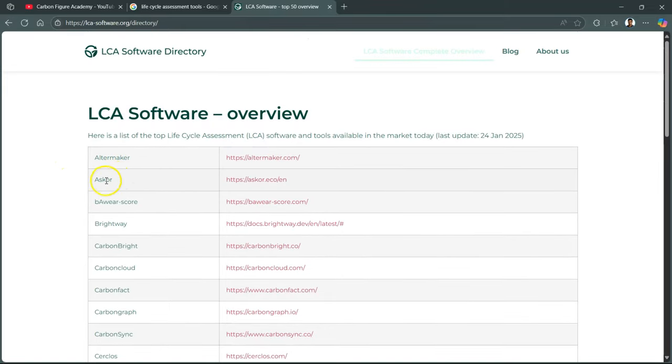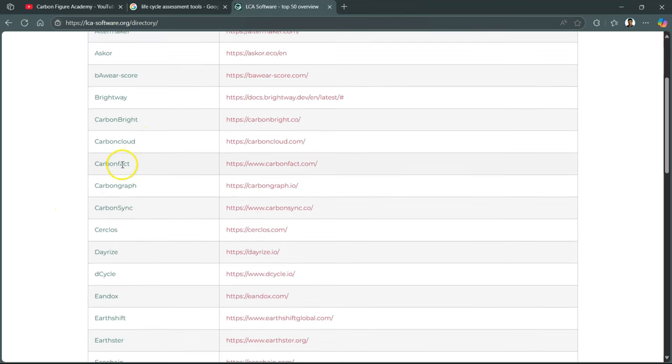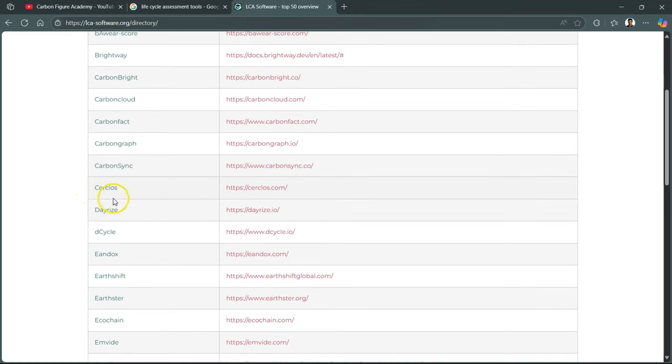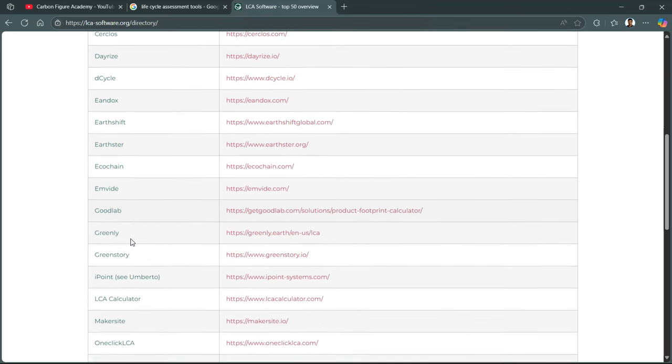AlterMaker, Ascore, Bevier, Score, Brightway. Brightway, I think, enables you to work on LCAs through coding. Then Carbon Bright, Carbon Cloud, Carbon Fact, Carbon Graph. One of the interesting, visually enriching tools is Carbon Graph, I would say. It is from Canada. Then Carbon Sync, Circlos, Darize, Decycle, Yandox, Earthshift, Earthster, Echochain, Mvid, GoodLab, Greenly, Green